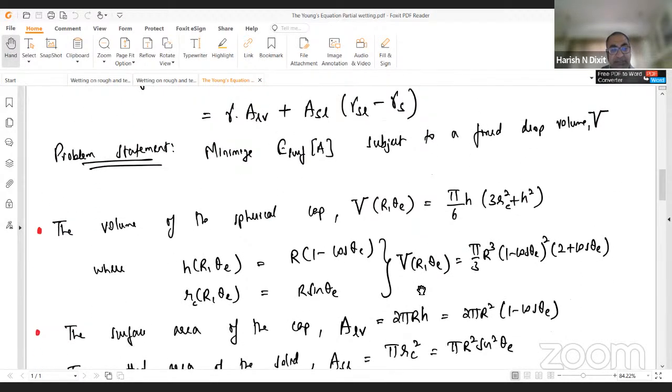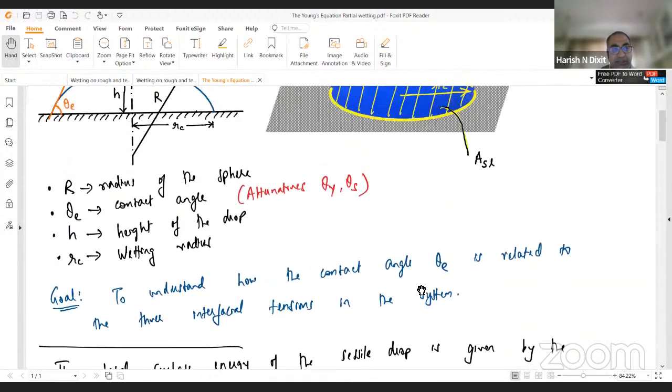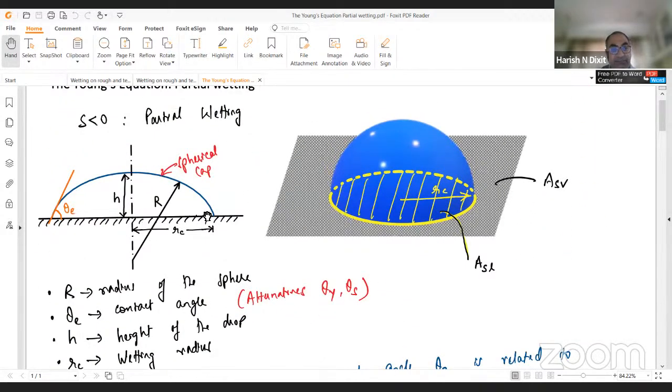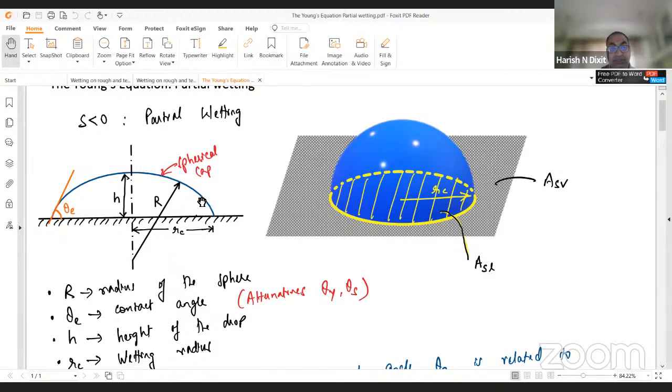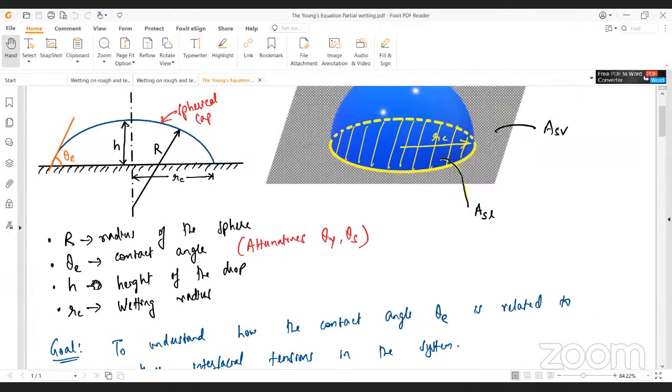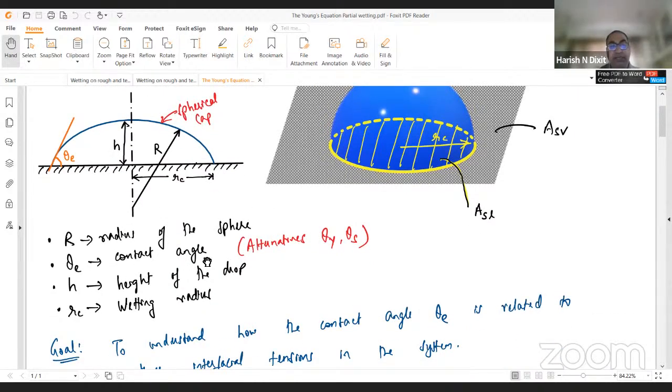So theta E is here. I've called this RC, which is basically the wetting surface. In the subsequent lecture I've called it A, here I've called it RC. RC is directly related to the angle theta E at this location. And theta E, as I said, is the contact angle. There are, of course, other ways of writing it. Theta E is written sometimes because it's referred to as the equilibrium angle. Theta Y is because it's Young's angle. Theta S is because it's the static angle. For us, in this particular case, all of them are the same.